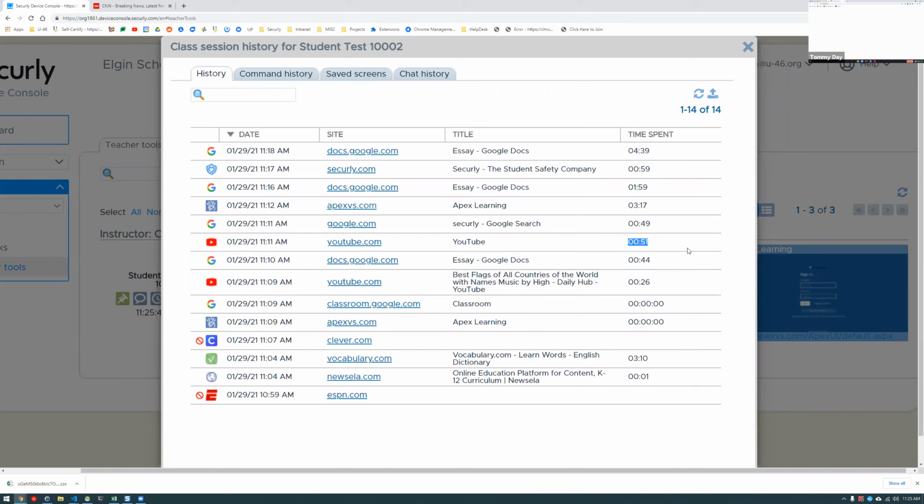So in this case, you may or may not consider him off task, but this gives you a great insight on what the students have actually been up to during that classroom session. We'll actually skip over these other tabs for now. They're not particularly relevant. The last thing I want to cover in here for the moment is the time spent